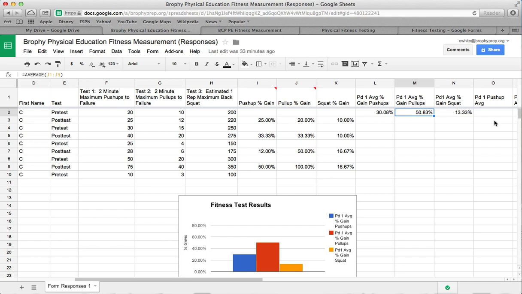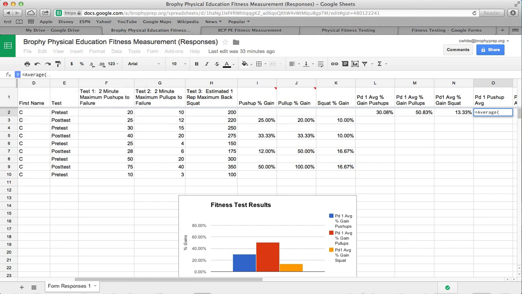So let's do a simple one. Say we want to compare classes. Let's just do an average. What you want to know is, what is your class average? So you can compare all of your classes and see which class has the highest average. So we label that column because that's where we want to put the data. Period 1 push-up average. We'd click in the cell. We'd go to the function. We'd hit equals